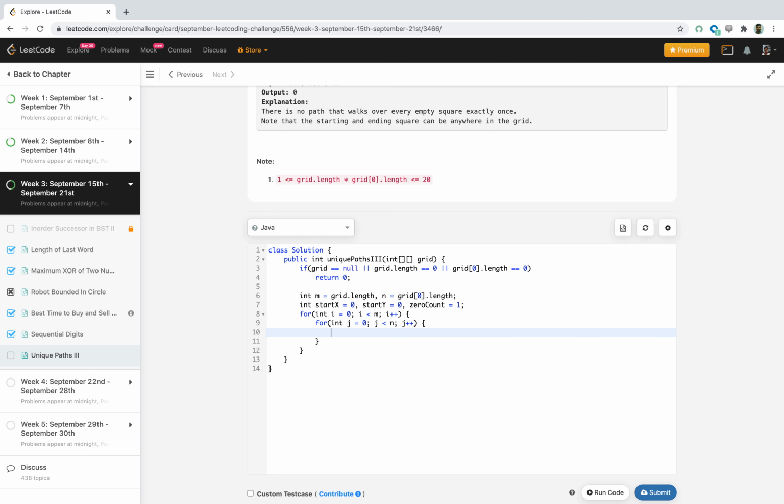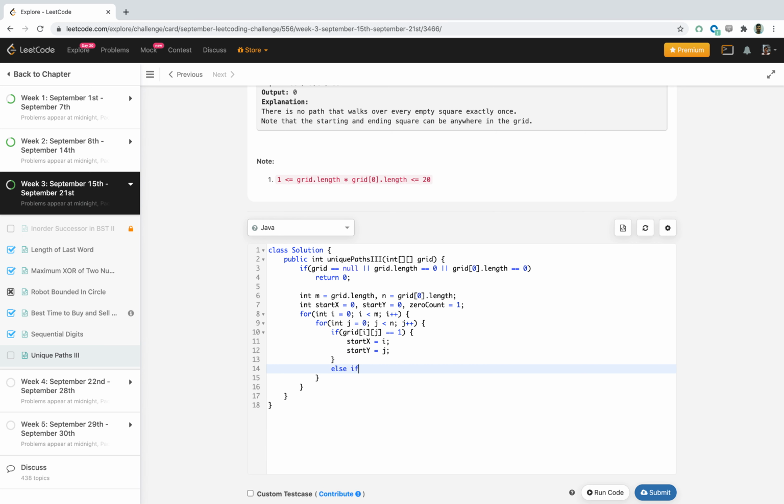Here we'll check if the current square equals 1, that means this is our starting square, so we'll set start x equals i and start y equals j.